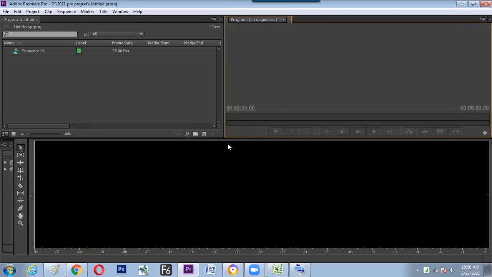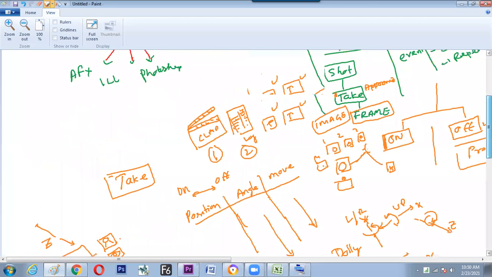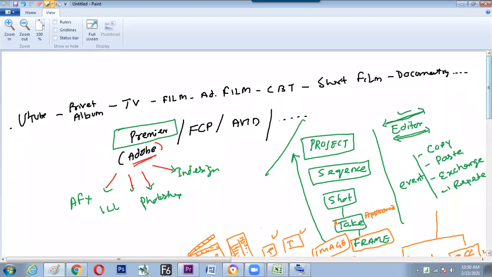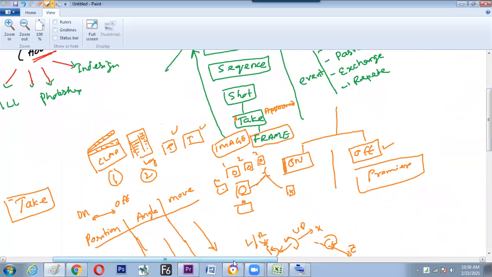So the summary of the class, what we have learned: what is editing, where editing is to be used, what is Premiere, what is the alternative to Premiere, what is editing, the editor's job, and how many types of editing there are, online and offline. In offline editing, what is the advantage? In online editing, what is the advantage? In offline, we can add some extra things, we can cut the things, we can